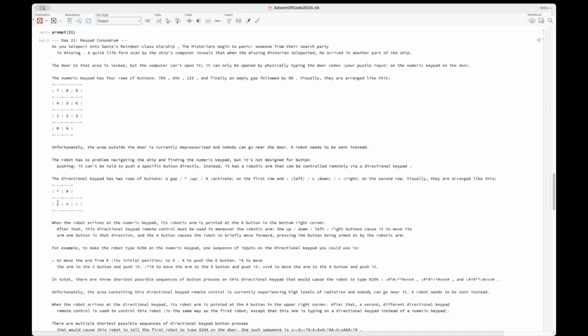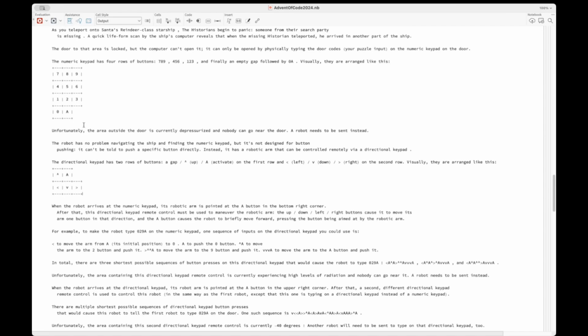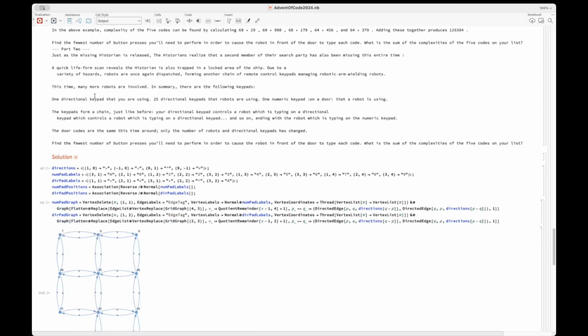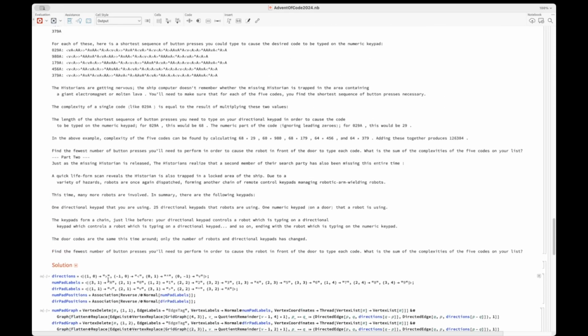You press its buttons that control a robot next to you that's moving its arm and pressing a button. If you send A to it, it controls another numpad like this that sends commands to the next robot, and so on, right? So you have this chain of robots pressing buttons, where the last one is pressing these numbers. And you're tasked with finding, like, the first part of the problem is